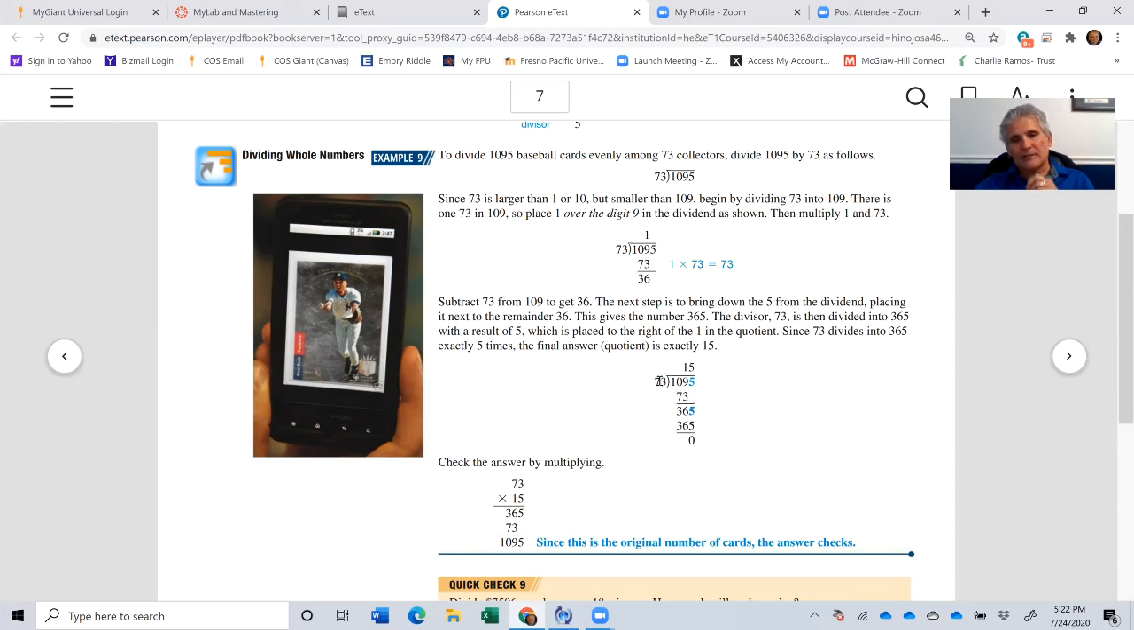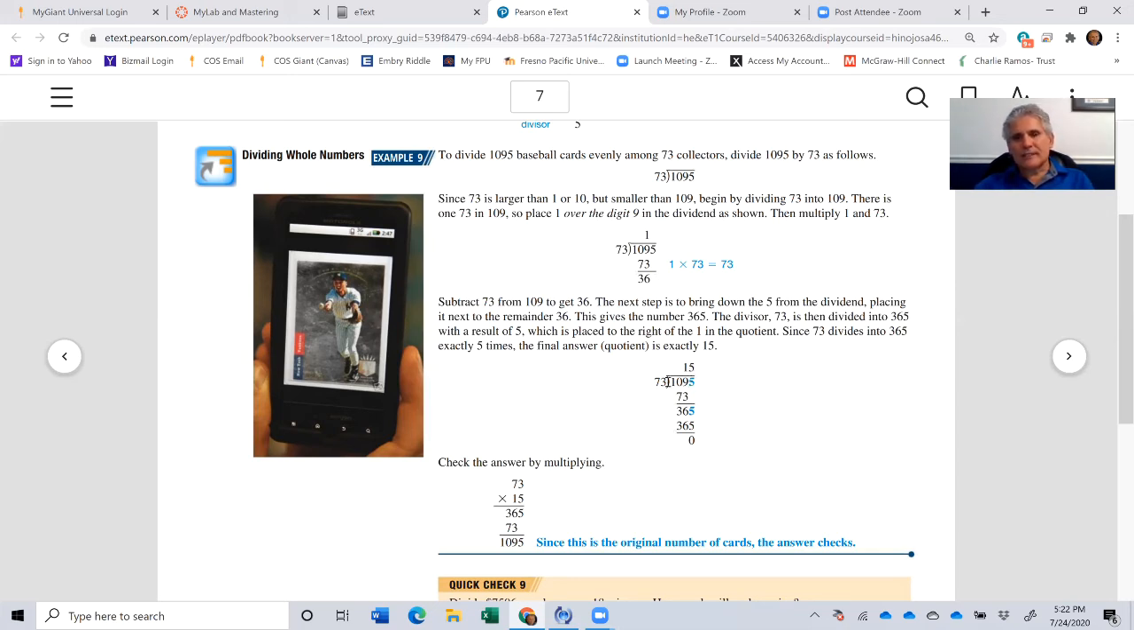365. How many times does 73 go into 365? Now, sometimes this is trial and error. You might plop in a number here because we're at the point where we have a 1, and we're trying to figure out what this number is. It could be trial and error, but one way to cut down the number of tries, or at least have a good starting point, is to